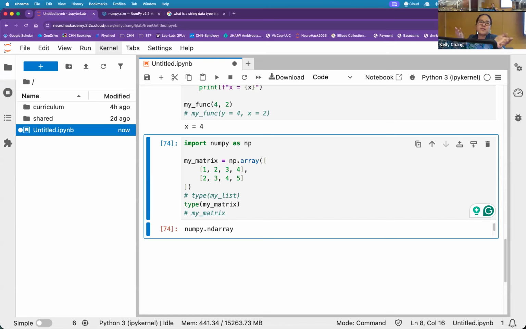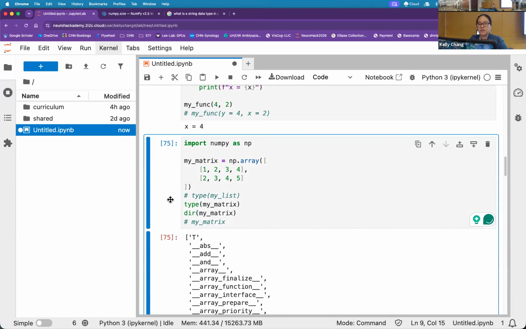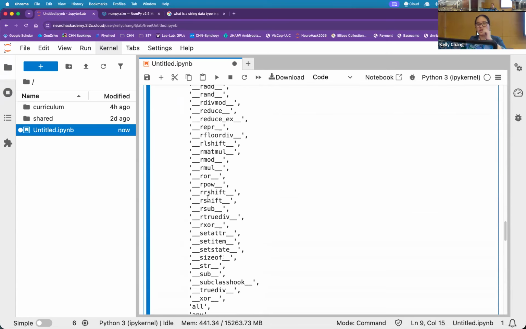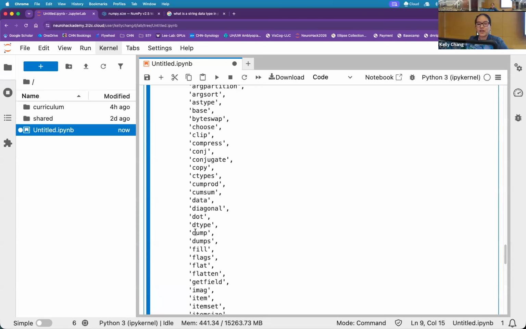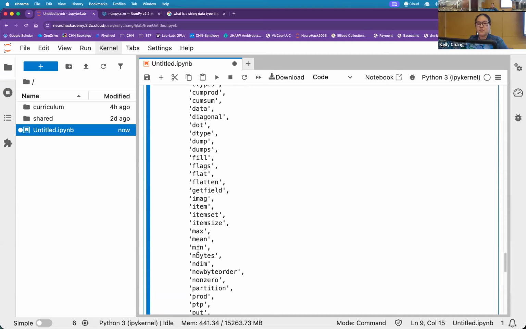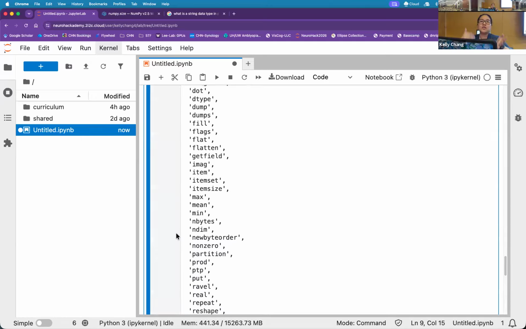And what I said before about everything in Python being an object, that means it also has a list of different attributes or methods associated with it beyond the ones that were already built in. And we can check that too. So dir my matrix, and you already see that there's a lot more stuff in here. If I scroll, you don't need to squint and read too deeply, but you can see there's a lot more stuff. Dot, maybe for dot product, dtype for data type class, flat, flatten, max, mean, min. All of these math functions that we really like and want to use without having to think about it. It's built into the class object or the data type itself.